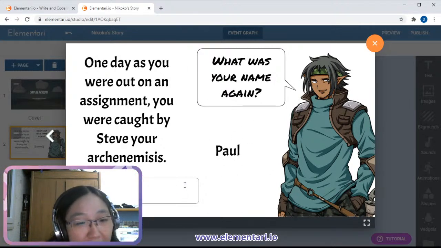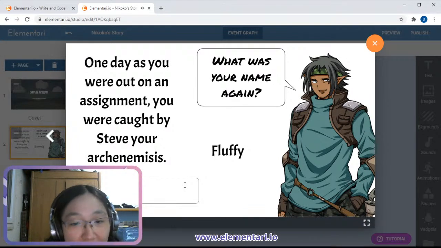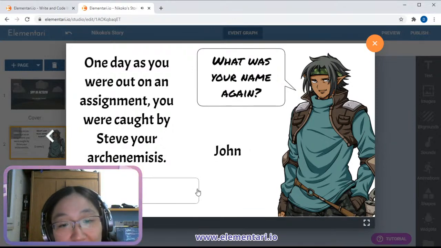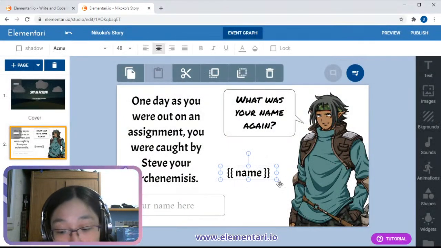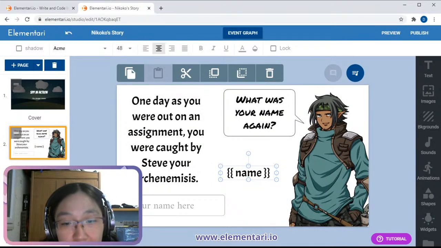If I say Fluffy, then Fluffy appears. If I say John, then John appears. So that's basically the basics of using a text variable.